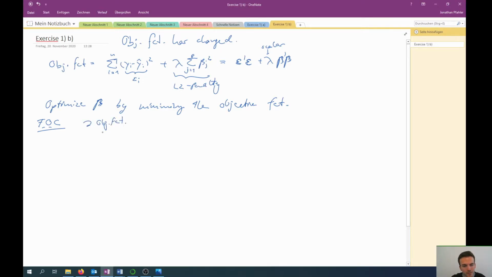So let's take the derivative of the objective function with respect to our betas. That is this derivative, the derivative with respect to betas of epsilon transpose epsilon plus lambda beta transpose beta, and that's now equal to